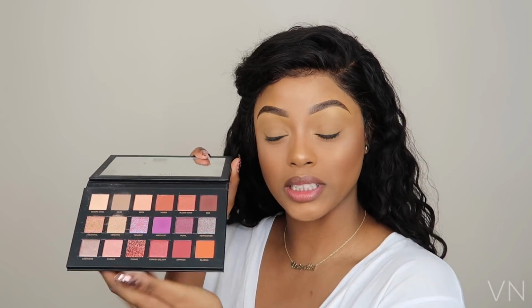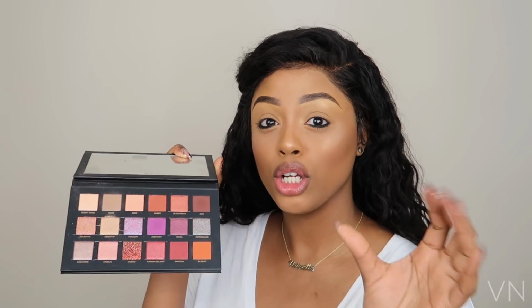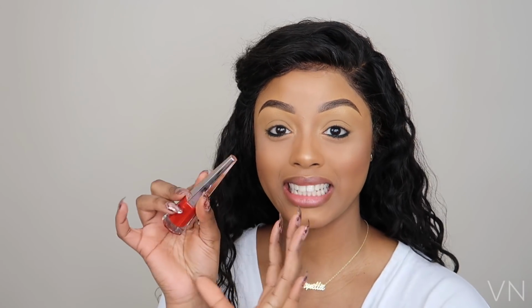So the palette that I'm going to be using for this look is the Huda Beauty Desert Dusk palette. I love this palette because of the deep tones that are in there. This palette is really going to help take me from a light daytime look to a very dark grown evening look. I'm also going to use the Fenty Beauty Stunna lip paint on my eyes though guys,